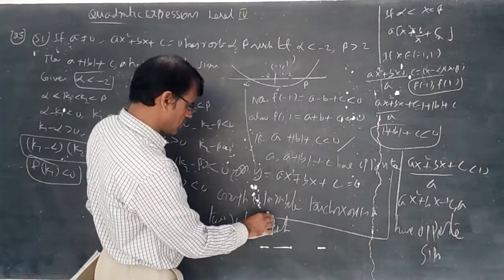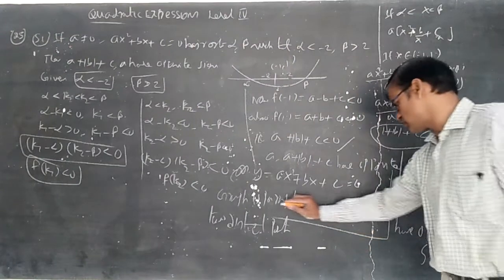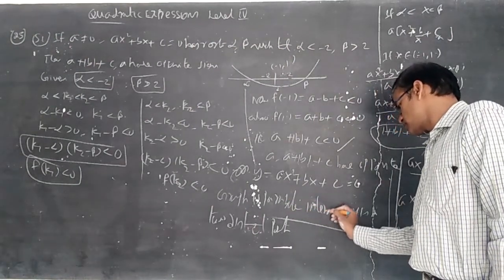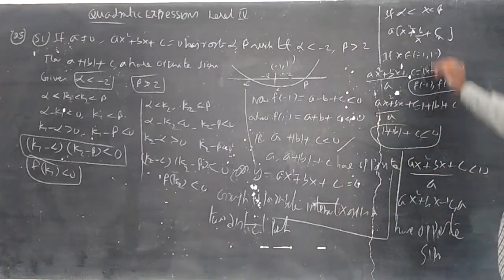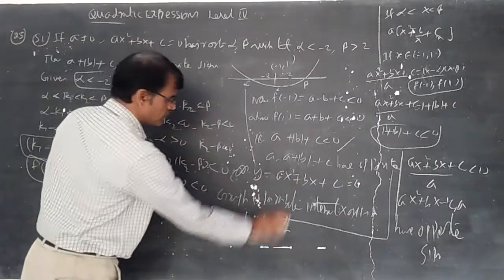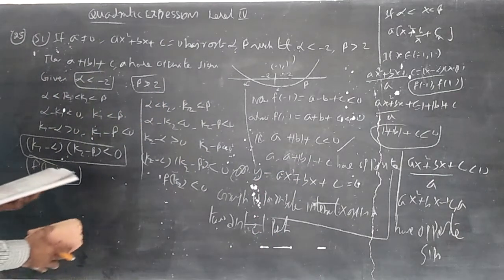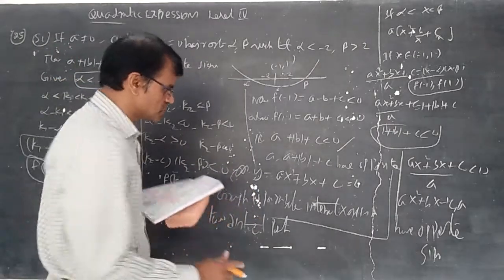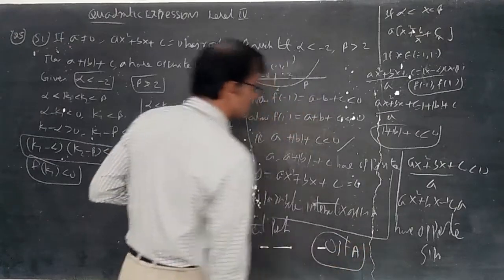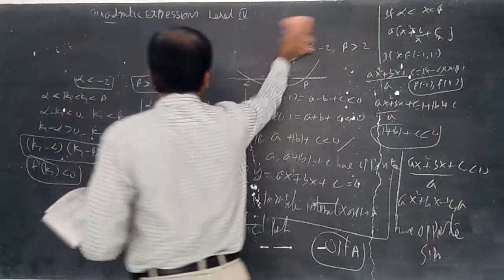If you can understand here, simply you write here, it is enough. The parabola graph touches the x-axis in two distinct points. Okay, intersect is called, not touches. Intersect you should write. Then it is correct. Otherwise, you can leave from here only. Now, 26th question. Students, statement 2 is correct. Statement 2 is the correct explanation of statement 1. We have used that theorem only. Now, last question, 26th question.